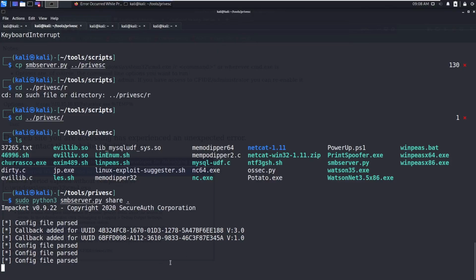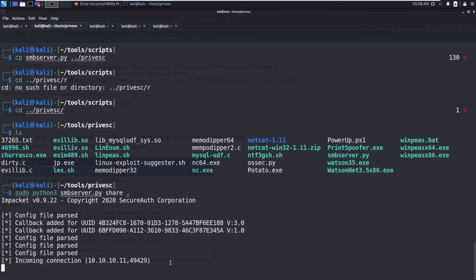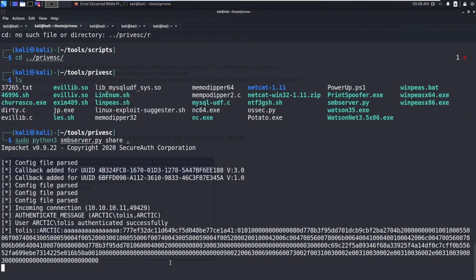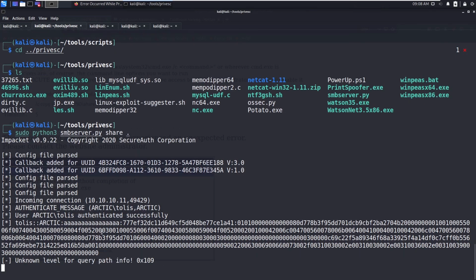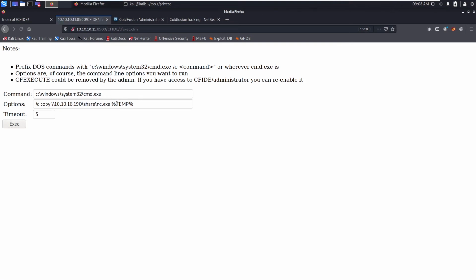You should see the request now. Okay, we got the request, so that means netcat has been successfully copied.